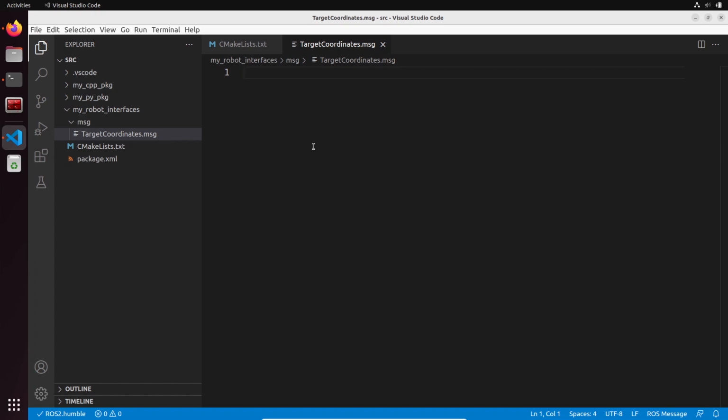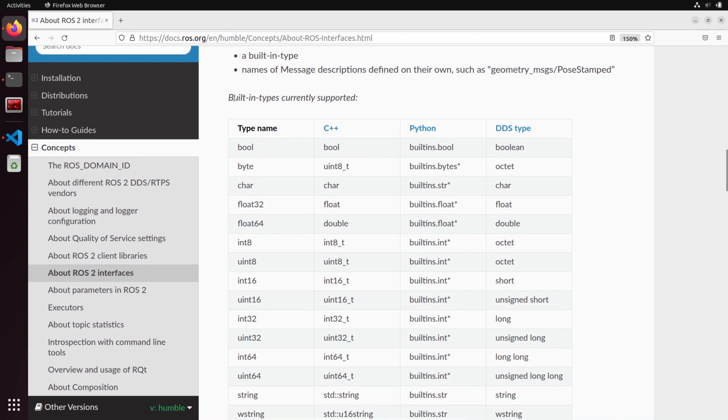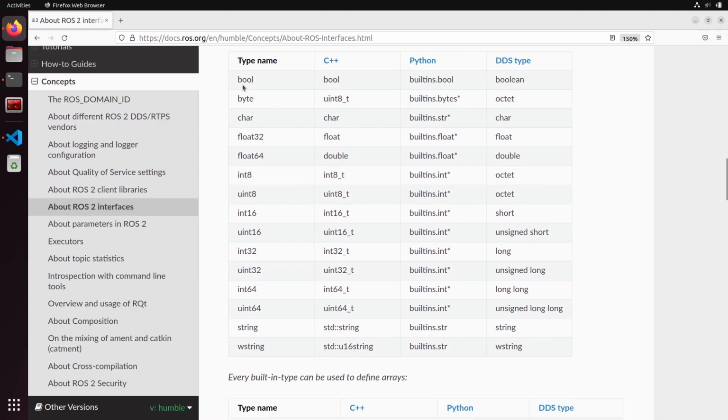And so what kind of data type we can use here? Because what we're going to put inside our message will be kind of variables, okay, with a data type and then a name. And here actually, so if you go to the ROS2 documentation, you can find the primitive, so the built-in currently supported types. Okay, you can see all the types here. So bool for boolean, and then byte, etc. float32, float64. You have also int64 for like normal integer, string,